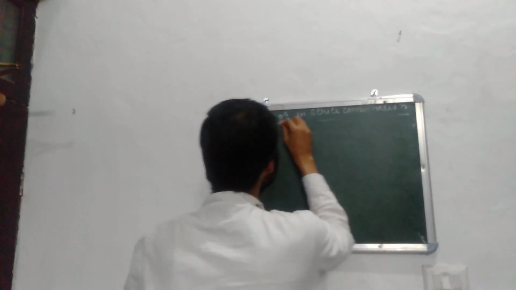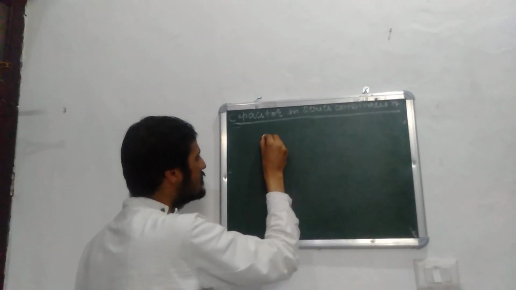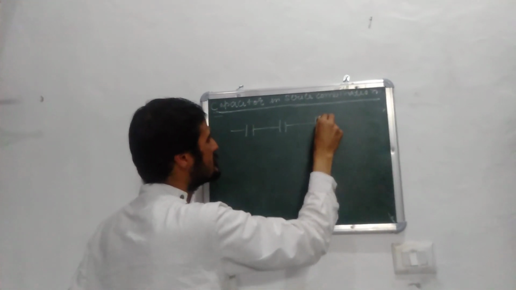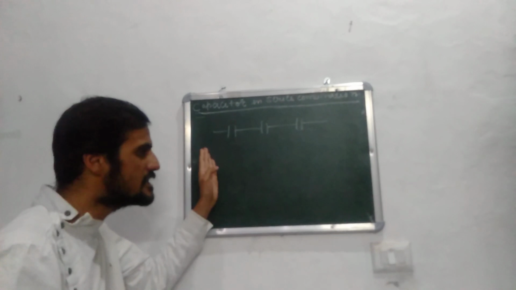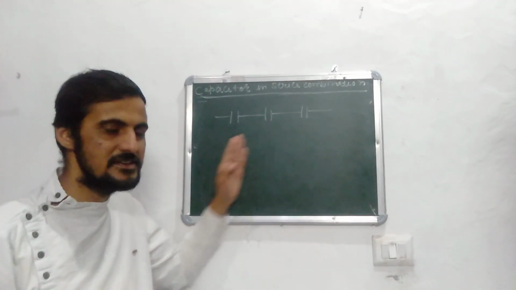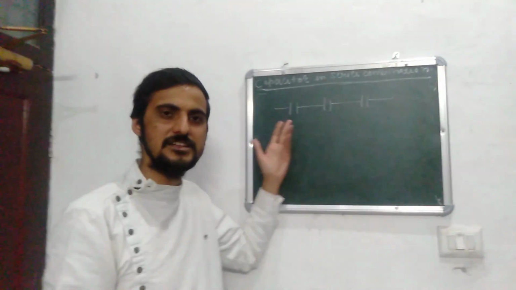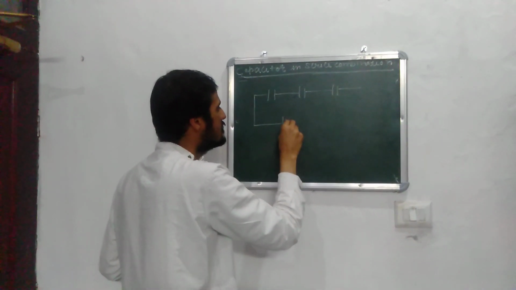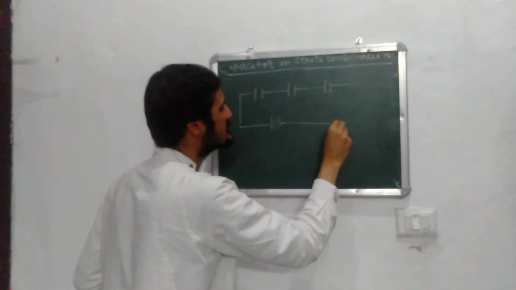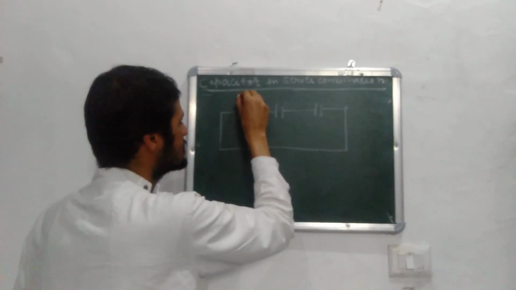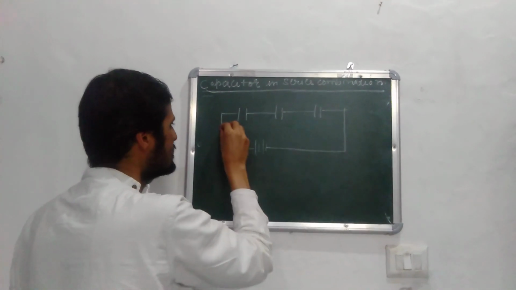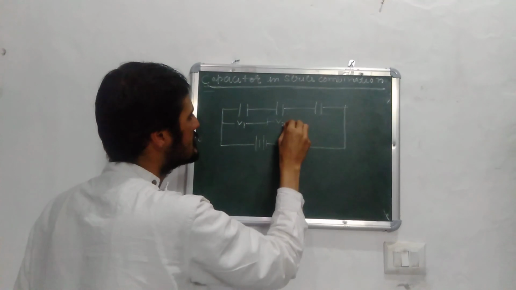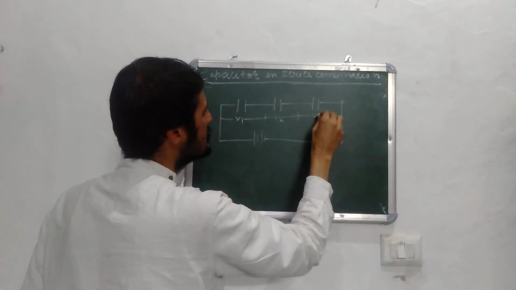Consider three capacitors: one capacitor, two, and a third capacitor. The three capacitors are connected in the series combination as we discussed in the definition. We will attach them to a source such as a battery. These are capacitors number 1, 2 and 3, with potential differences V1, V2 and V3.